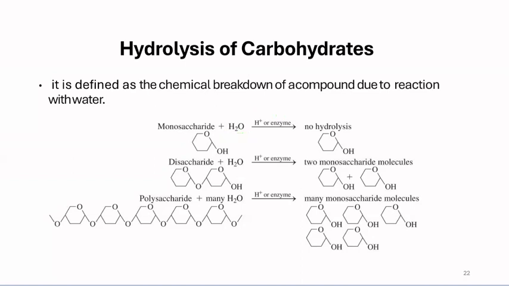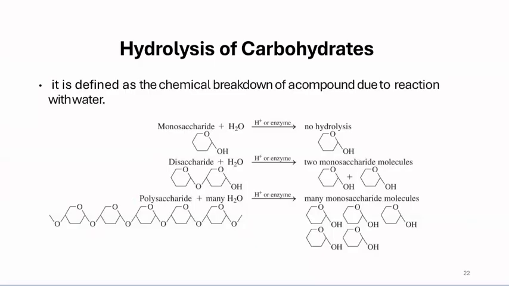In the next chapter, we will be learning about enzymes, which are a type of biomolecule derived from proteins. The main point that I'm trying to illustrate here is that when we compare monosaccharides, disaccharides, and polysaccharides,